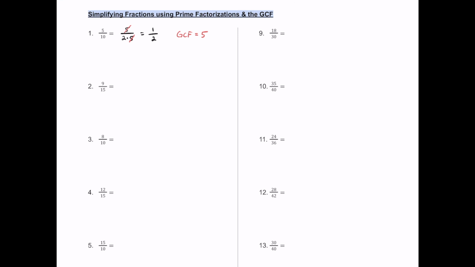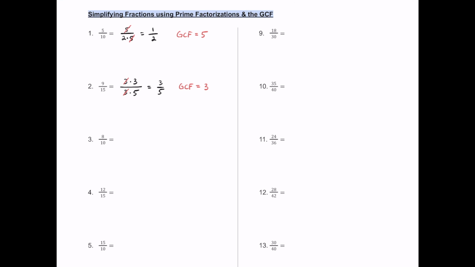For number 2, we have 9/15, so 9 will break into 3 times 3 for its prime factorization, and 15 will break into 3 times 5. Now what do they have in common? Well, they both have a 3 on top and bottom, so this simplifies down to 3/5. Because we crossed off a 3 on top and bottom, the GCF for this fraction